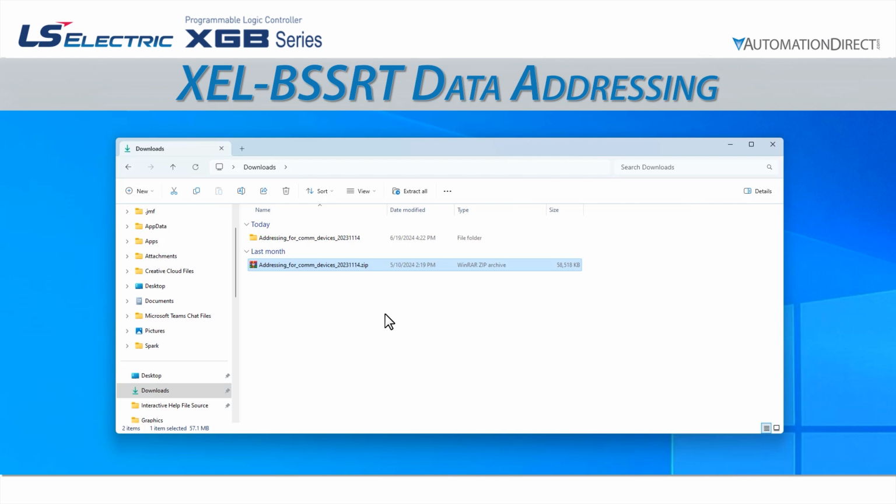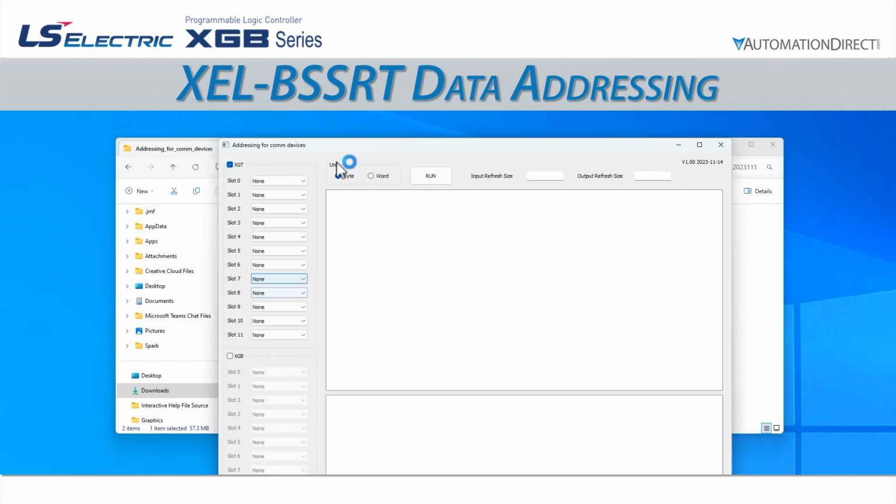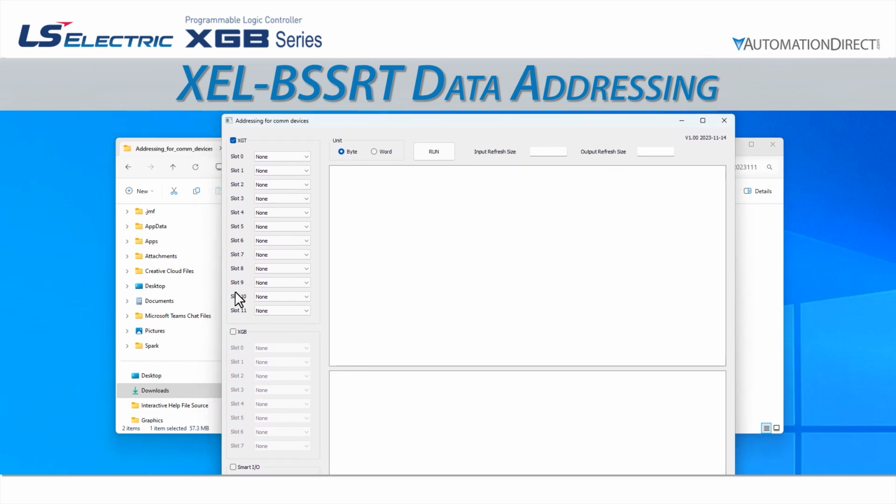I have mine already downloaded. I have also unzipped it to a software subfolder in my Downloads folder. When I open the software folder, I can select the Addressing for COM-Devices.exe file, and it will launch the software. The software has a section for the XGT, the XGB, and Smart I/O. We will check the box for XGB, since that is our PLC series, and we can then select the I/O